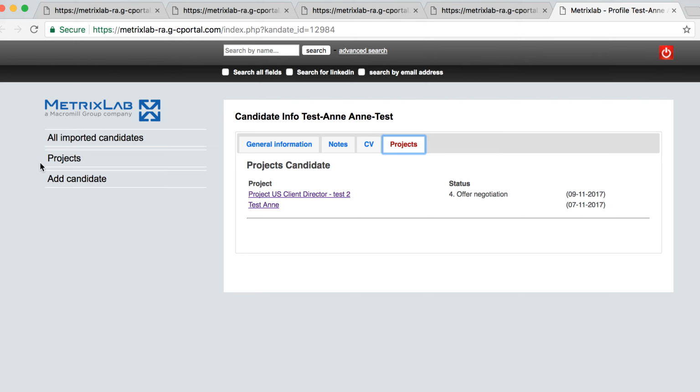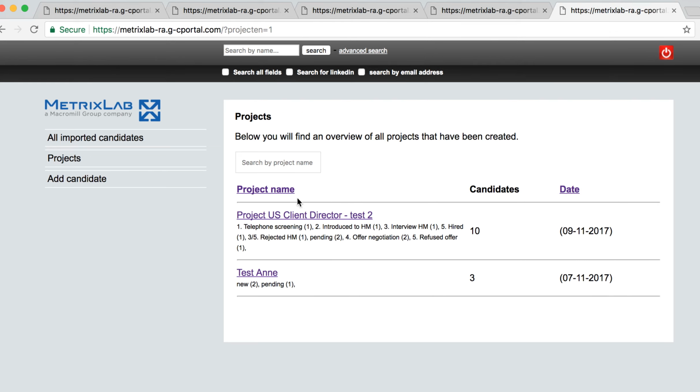I think that's basically everything you need to know on the platform. So don't forget, it's very easy. Click on projects to see which projects are available, where you stand on each of the projects. And if you have any question, you can always contact